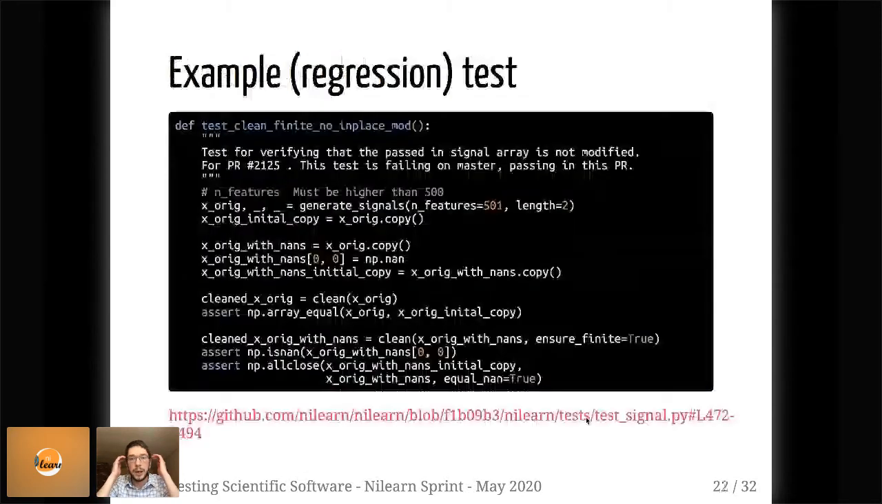So just as another example for all of this, because this shows a bit of the things I've been talking about, I pulled another test out of Nilearn. What this demonstrates is that this comment shows that it's a regression test. This test is failing on master, and in this PR it passes. So this is a good minimal reproducible example, a test that will fail until I fix it. It uses a function generate signals, which is actually defined higher in this file